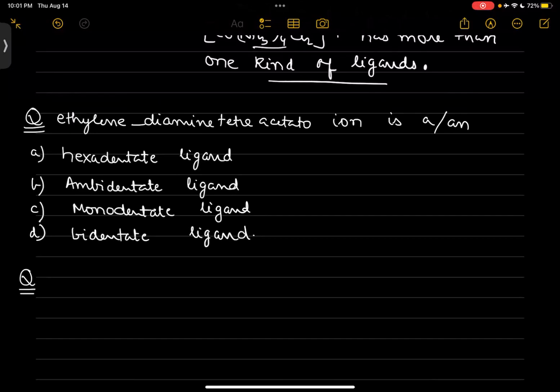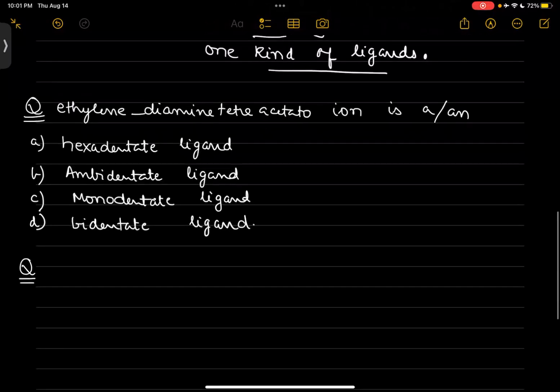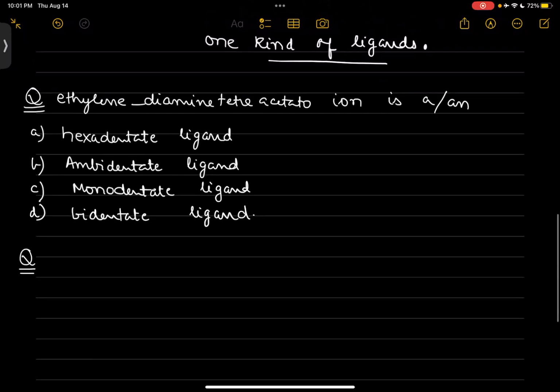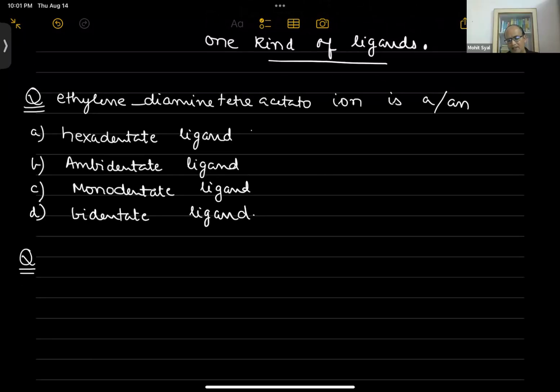Yeah, Justine, Yovita, tell me what should be the answer to this problem? Option A. Yeah, option A. Hexadentate ligand. Very simple, and this question has appeared in 2023 and